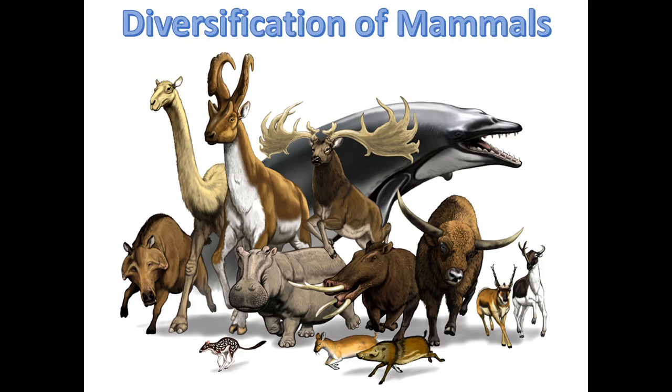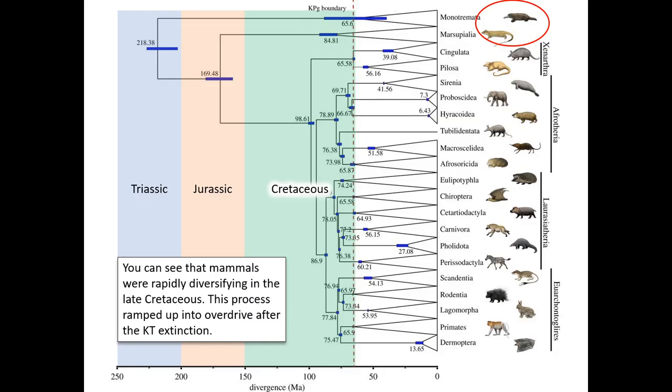So, diversification of mammals. Let's get on to our favorite group of animals here, the mammals, because I assume it's your favorite since you're a mammal. But we want to take a look at, again, this diversification chart, and you'll notice the same story as with the birds. Once the dinosaurs went extinct, it opened up all of these opportunities for mammals to fill those niches that were at one time occupied by dinosaurs. So you can see that mammals, at the end of the Cretaceous, just exploded in the number of diversifying